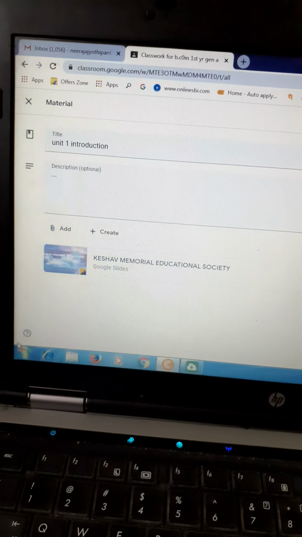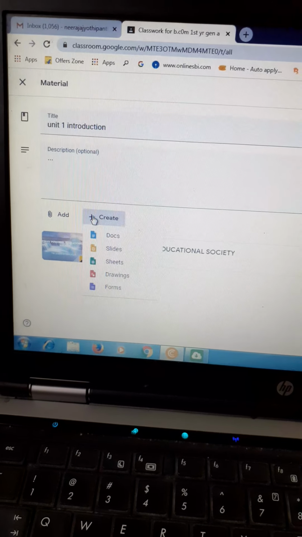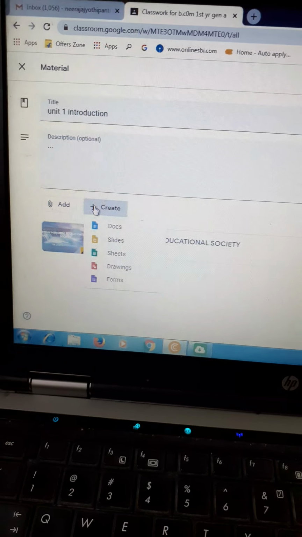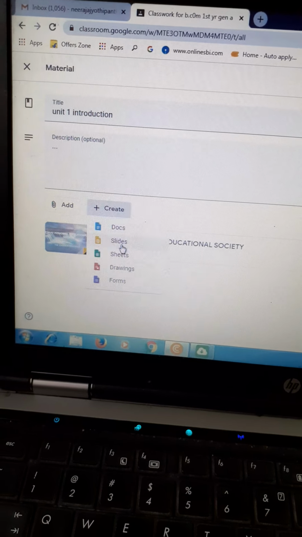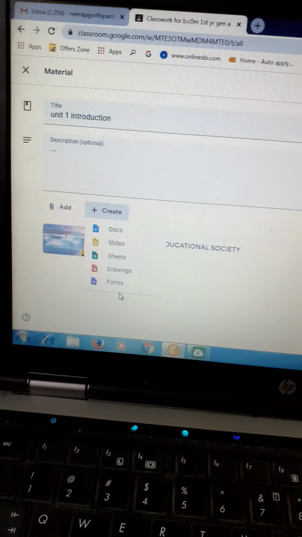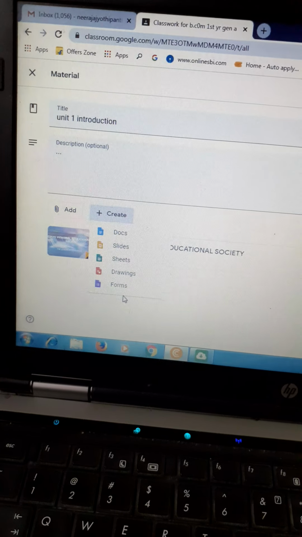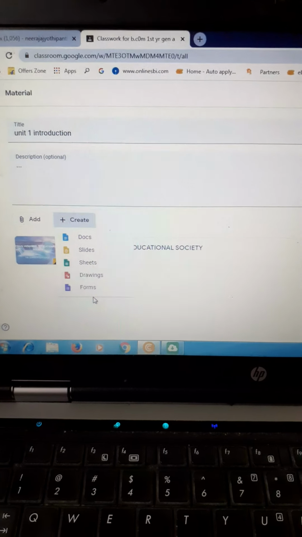Now we can share with the help of these options. Because if you create, we can create documents, slides, sheets, drawings, Google Forms also we can create here. And this material we can share to students through streams.